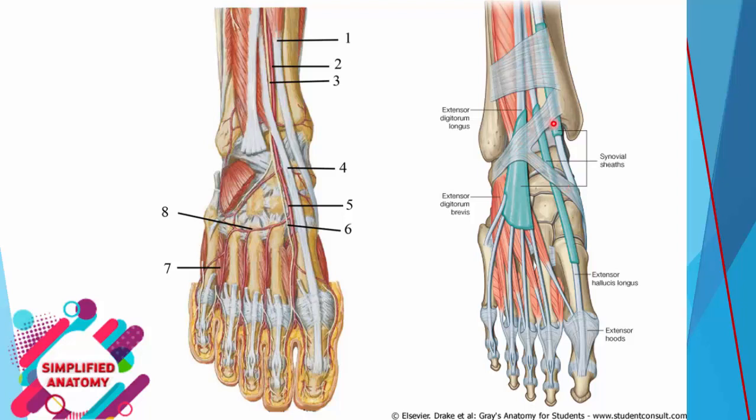The medial tendon is called tibialis anterior, passing in front of the medial malleolus. The next tendon goes to the big toe, extensor hallucis longus, this tendon is extensor digitorum longus, and the last tendon is peroneus tertius. The deep small muscle is called extensor digitorum brevis. Its medial tendon that goes to the big toe is called extensor hallucis brevis.